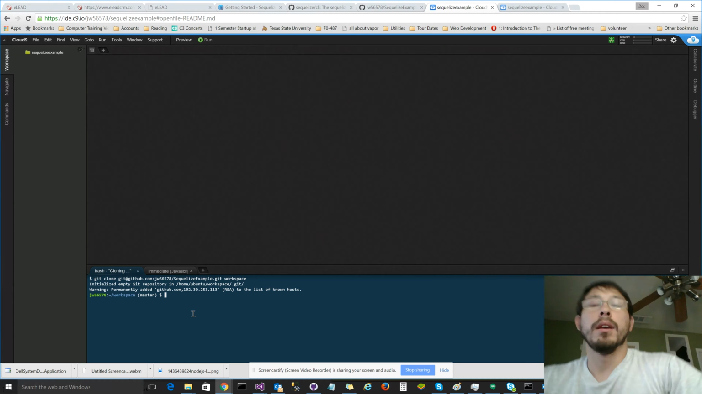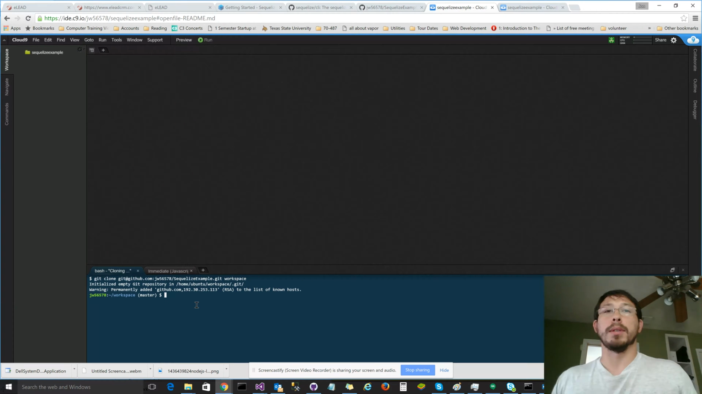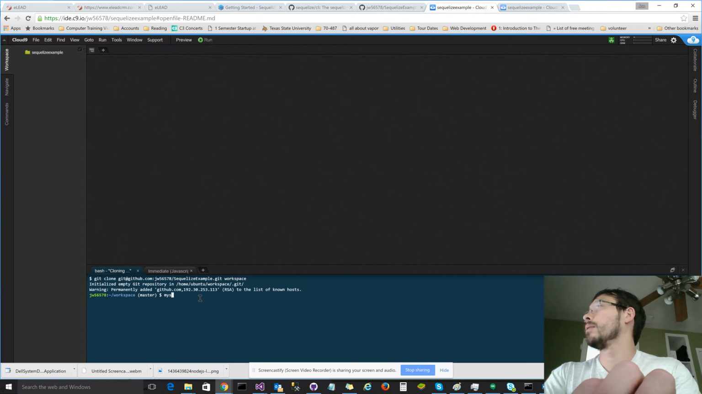MySQL is part of Cloud9 by default. It is built in, and it's not turned on. You just simply have to turn it on. So how do you do that? Everything that you are going to want to work with in the command line is going to be just like normal. There's a built-in command called mysql-ctl, and this command takes the parameter start,